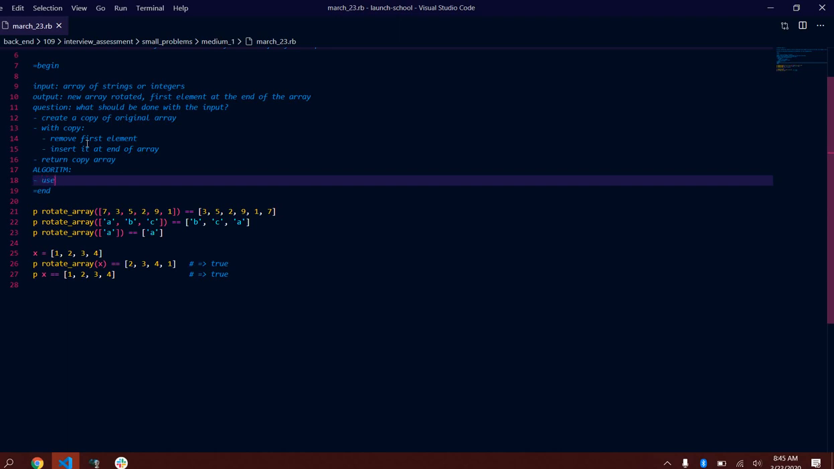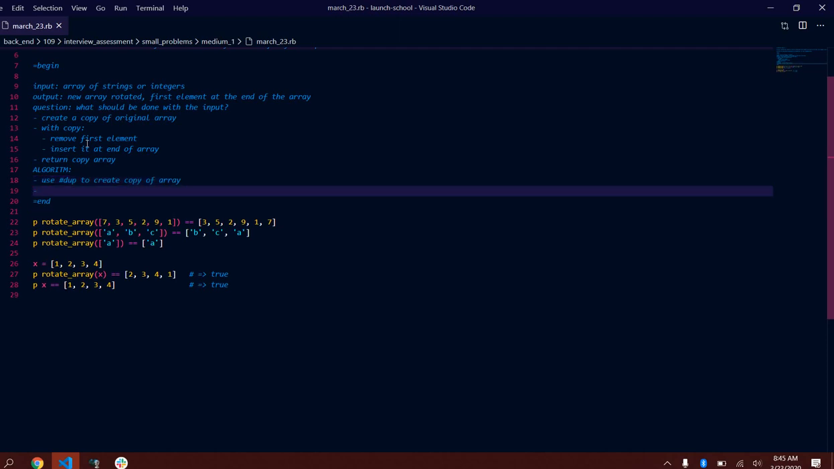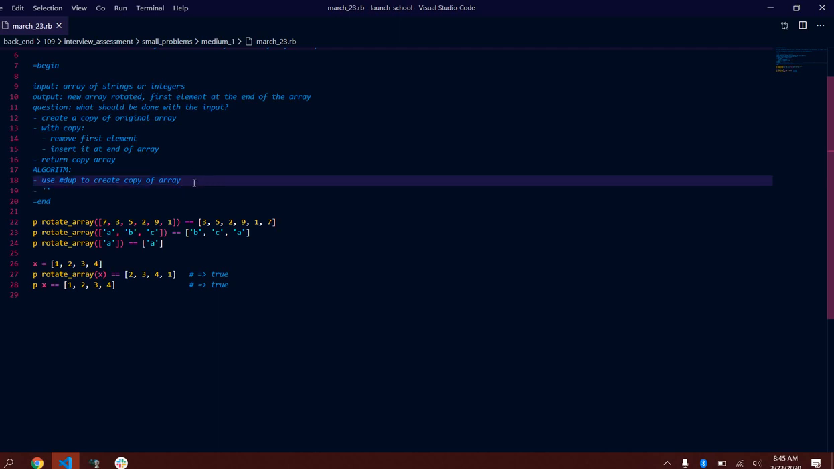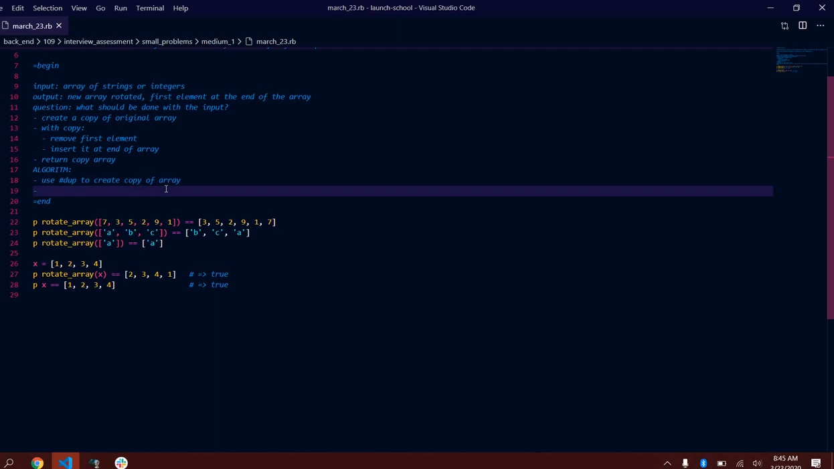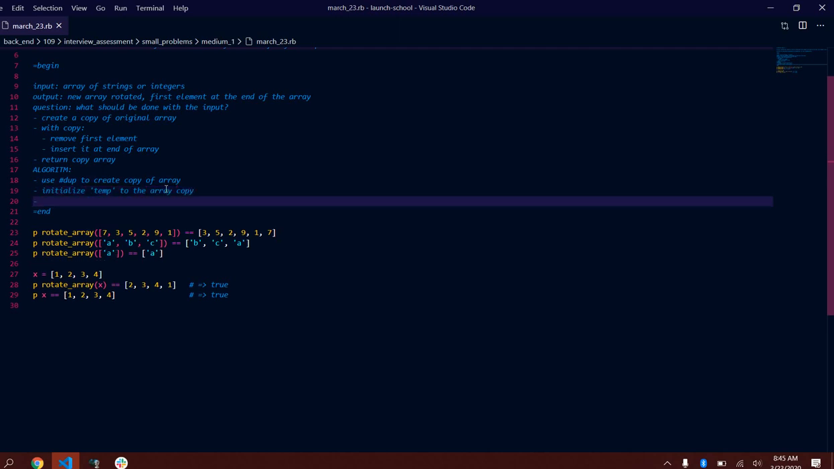Okay, to create a copy, I think I can just use, I think it's pronounced dup, to create copy. And then on that copy, I'll just call it temp. I'll initialize temp to the array copy. And to that, I'm going to, I think I can use,